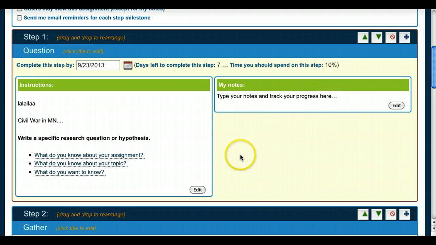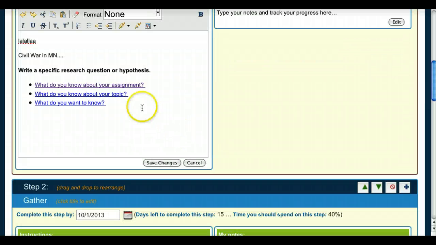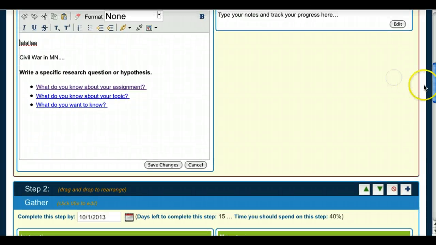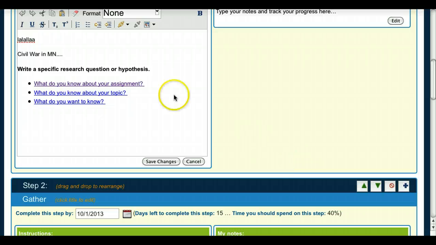Now some teachers find that a little distracting, but sometimes students like to play with the instructions that you have. So if they click on edit, they can move instructions around, they can highlight things, they can edit different things that you have written, but they can edit it that might help them understand it better. So sometimes students like being able to do that. So students can do this, and I just want you to be aware of this, that if you have students